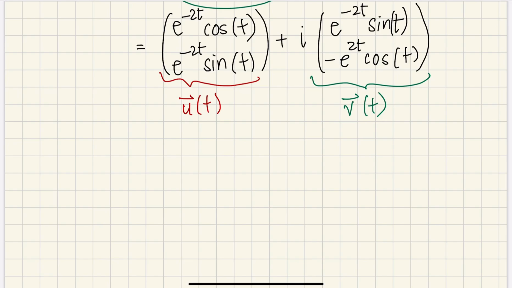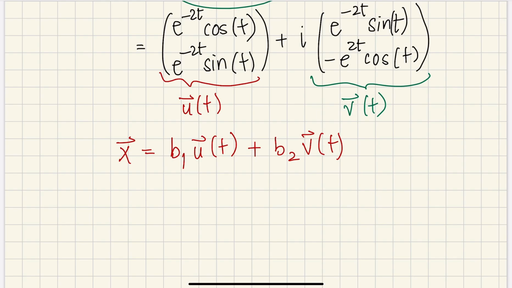You can use a or b. So our x, the solution, which is of the form b1 u of t plus b2 v of t,